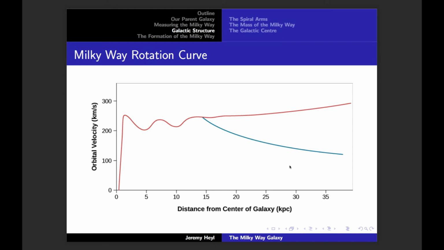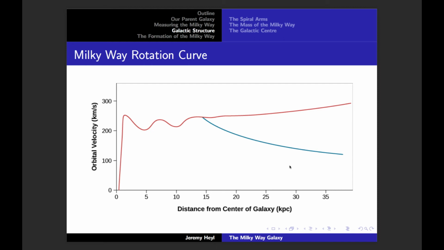So the first thing is, in our solar system, we have the sun, which has most of the mass. And as you go further away from the sun, the planets take longer and longer to go around the sun, right? But they also go slower and slower. Their velocity gets less and less as you go further away from the sun. You might not have known that, but they do. And it decreases as the square root of the distance. So if you quadruple the distance, the planet will go half the speed it did. Now, what's shown here in blue